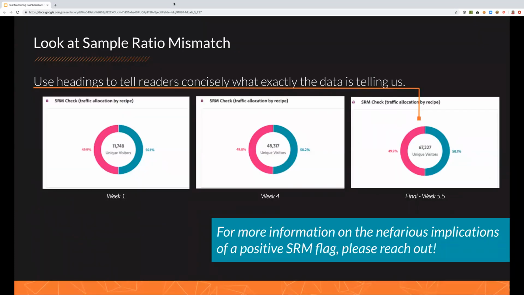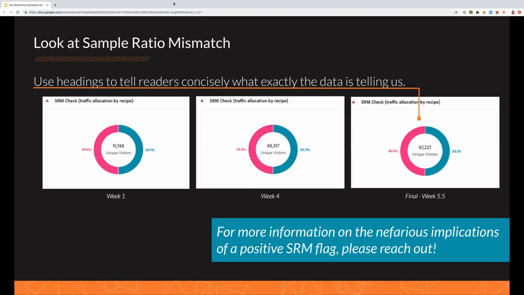So the first one is that donut chart for looking at sample ratio mismatch. And we do this because, of course, we have set up this test to be a 50-50 split. And we want to make sure that for the total users that have come into our test, is that split significantly off? Is there a significant difference between the number of users in each variation? Because if it was, we would need to stop the test. We would need to find out why the test isn't being delivered equally between the two,